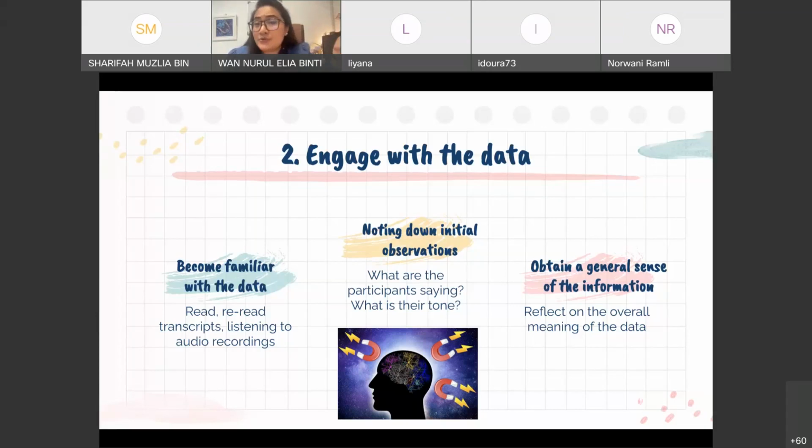You might need to listen to the audio recording again. Immerse yourself, submerge yourself in the data so that you understand what is actually going on in the data. So you might have to read, reread, and just understand what goes on in the data. The second thing that you might want to do, once you have reread many times and have a general idea of what is in the data that you have collected, is to note down initial observations. So maybe with some teachers, when you interview them, you noted down something that you might not find from the transcript: when you listen, she sounded frustrated.